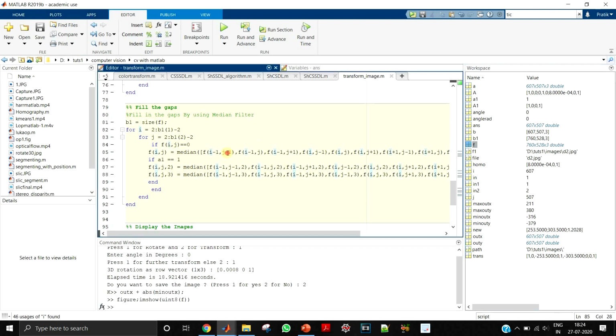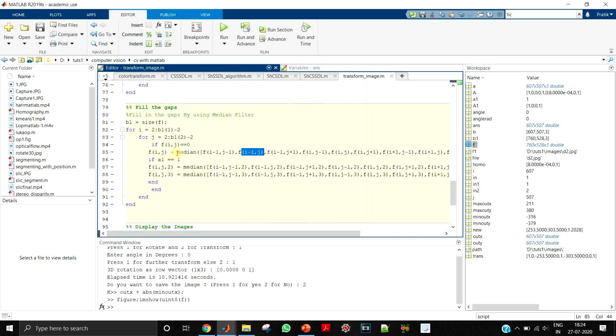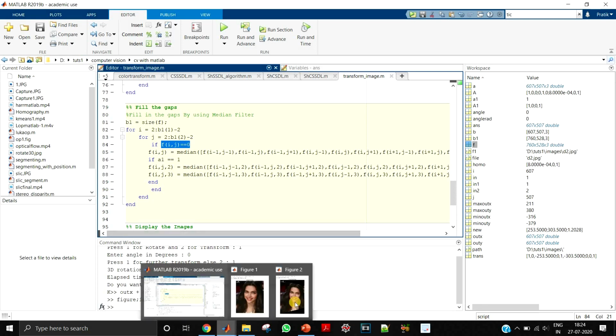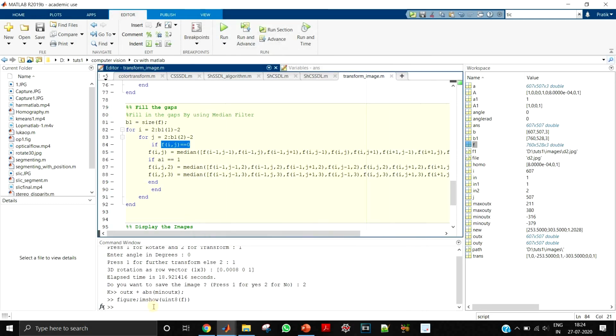So i minus 1, j minus 1 is one neighbor, i minus 1, j is another neighbor. So like this we have the different neighbors over here. So we can take the neighbors and just take the median of that and put that in a pixel which is 0. So if that particular pixel location is 0, that means that it is a black pixel.